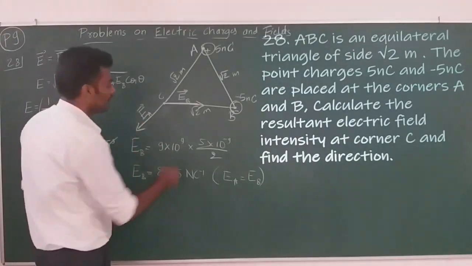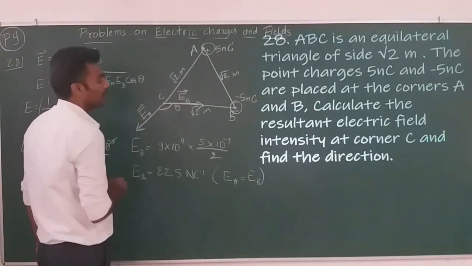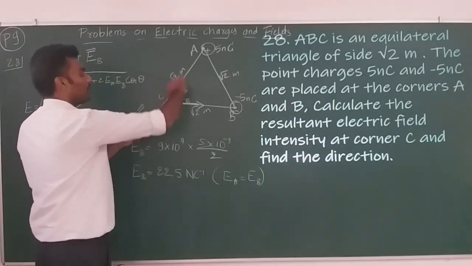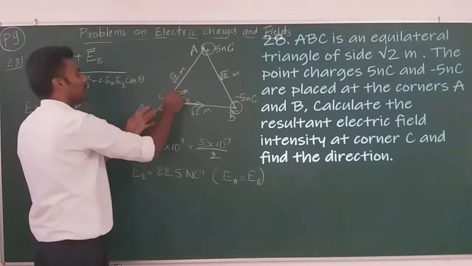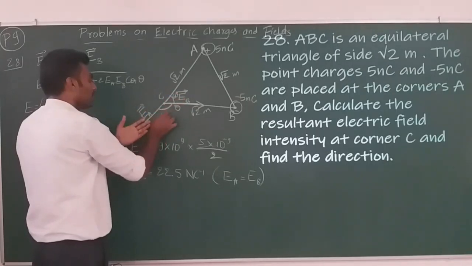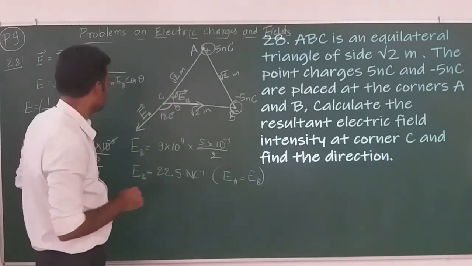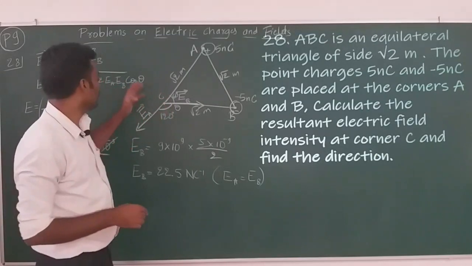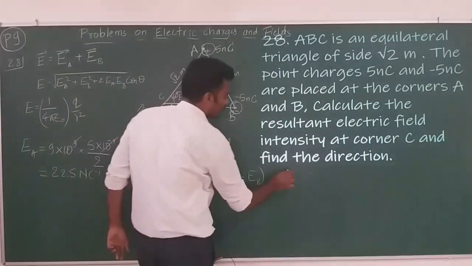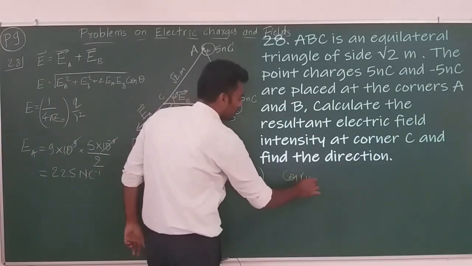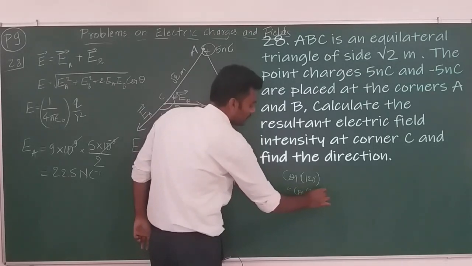And what about theta? Theta is the angle between EA and EB. So, here is theta, right. What is this angle equal to? The total angle is 180 for this line, and since this is an equilateral triangle, any angle is actually 60. So, this is also 60 degree. So, this angle is 120 degree, right. So, theta is 120 degree for this. Let us simplify for cos theta directly and then put that into this. What is cos 120? Cos 120 is cos of 90 plus 30.